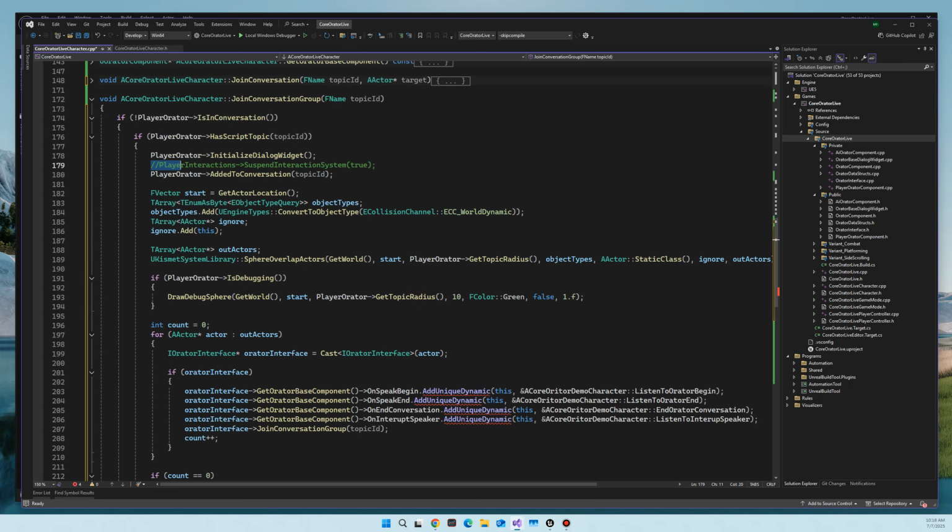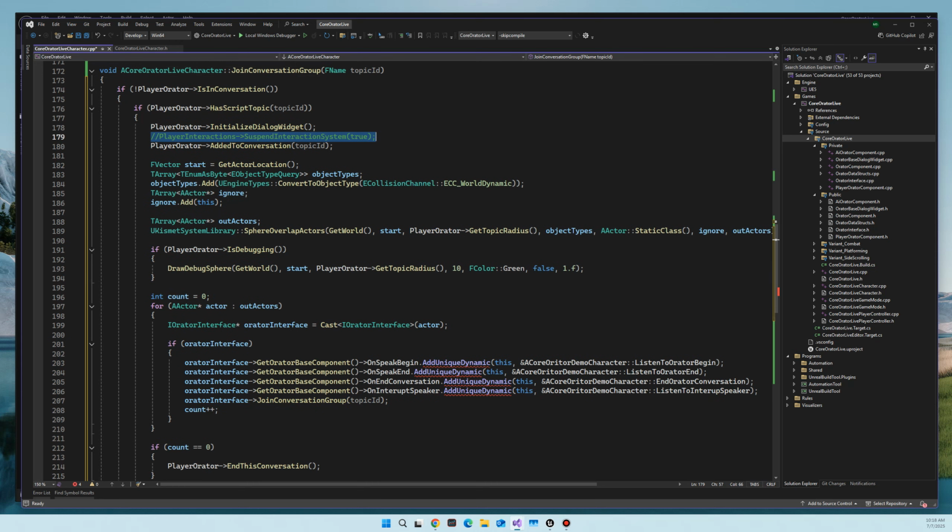So as you can see here, I have this commented out because I wrote this to work with my interaction system and my camera base. One of the things I found when building this was that I needed a way to suspend the interaction system because I had a widget UI component in there which I didn't want to fire. So I suspended it when we're in this conversation, and then restarted it once we're out of the conversation. So I've got that commented out, but that's where I would put the suspension if you needed to suspend yours